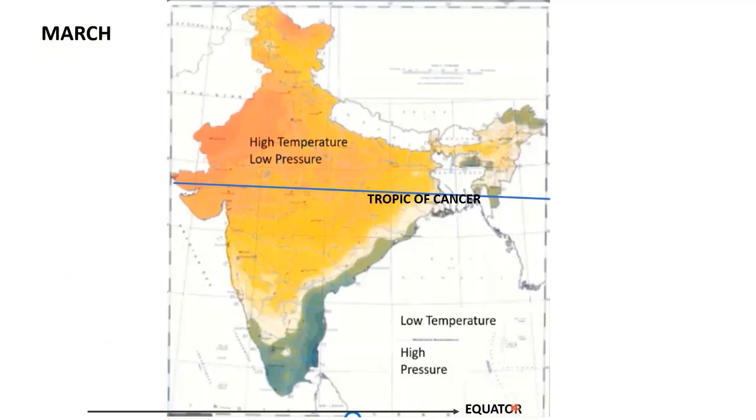Therefore, in fact, equator is an area which receives high temperatures throughout the year. But after March, there is a change in the direct rays of the sun as it falls on the earth. So in March it is falling at the equator, but by the month of May,